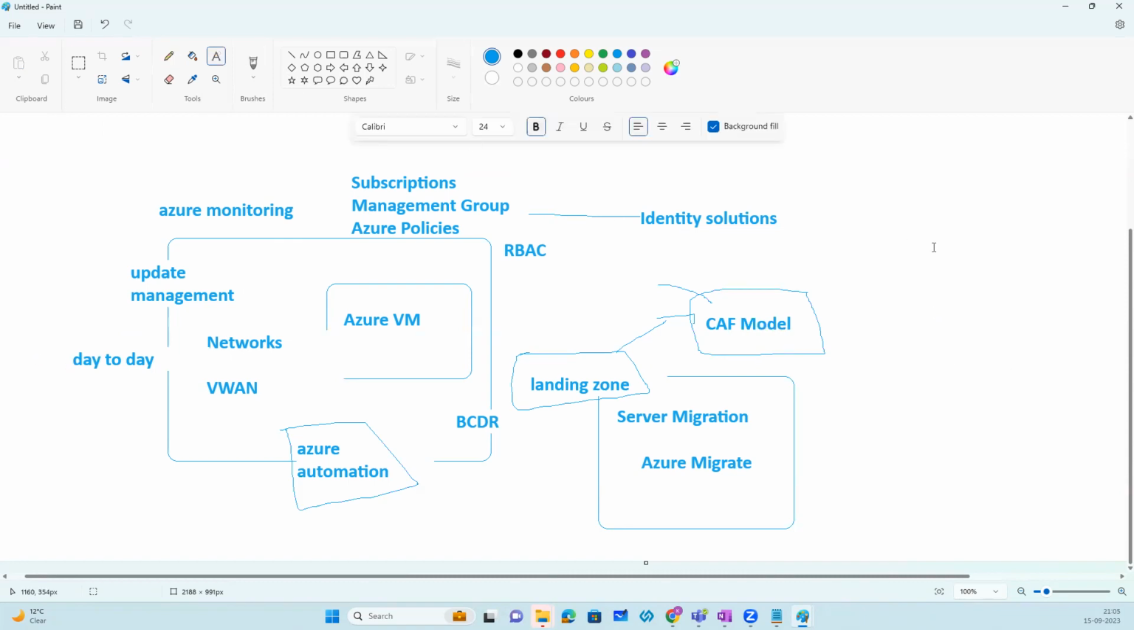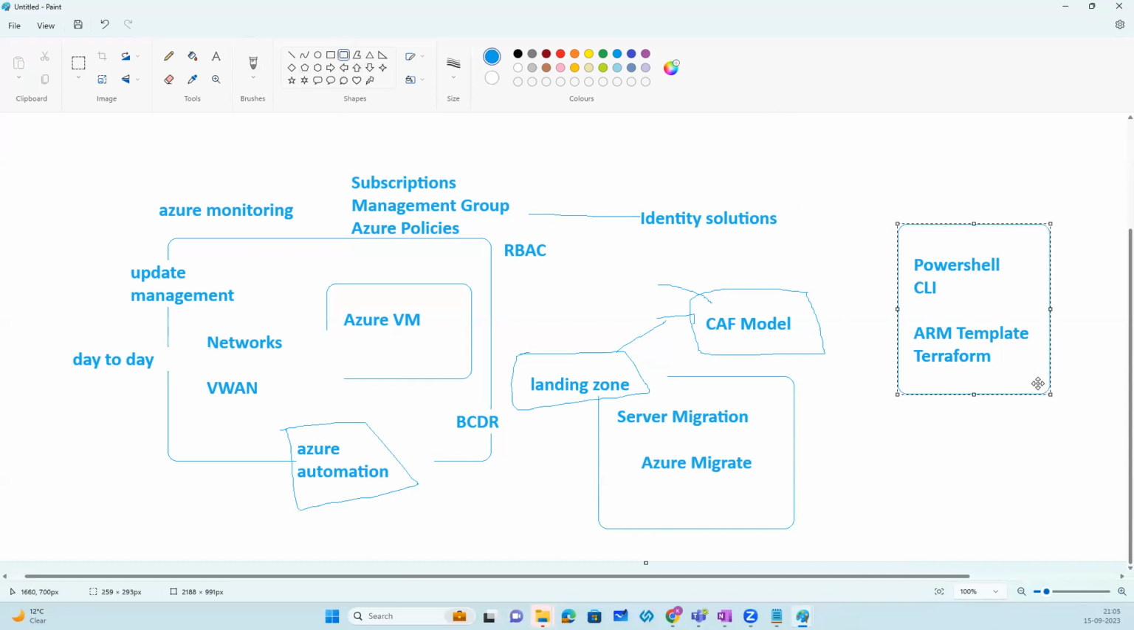That's when you will try to explore the automation tools. How do I automate resources using PowerShell, or how do I automate using the CLI? Or probably you might go beyond and learn how to automate the infrastructure through ARM templates or Terraform templates. These kinds of things you will be learning. And once you have the infrastructure automation solution ready,